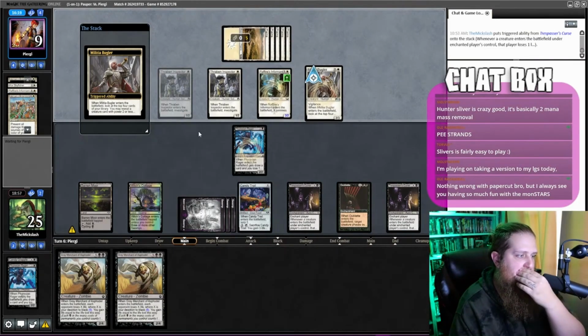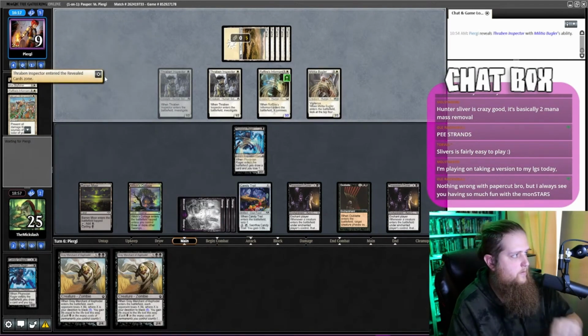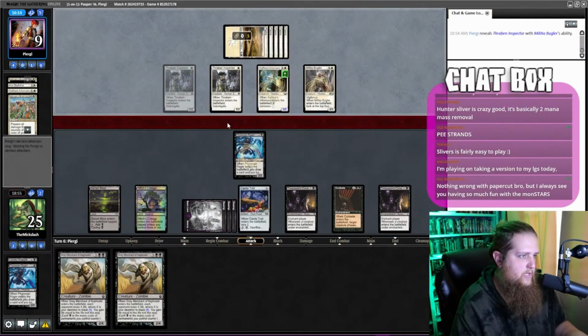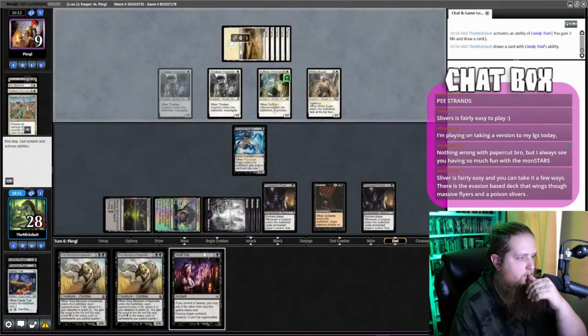So I definitely will say playing this, I'm not wanting to play Mono Black Devotion. Turn off auto yields. They get a Thrabes out of it. Second Prismatic Strands in the graveyard. Not that big of a deal, because I think we're just going to win with...